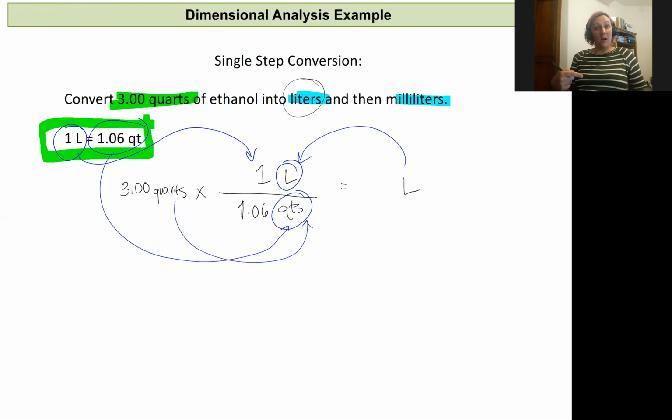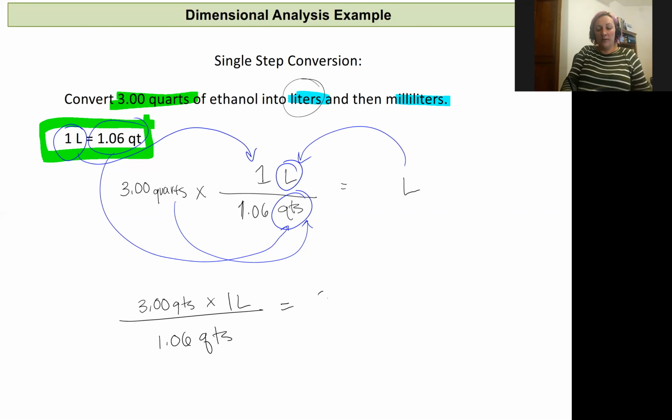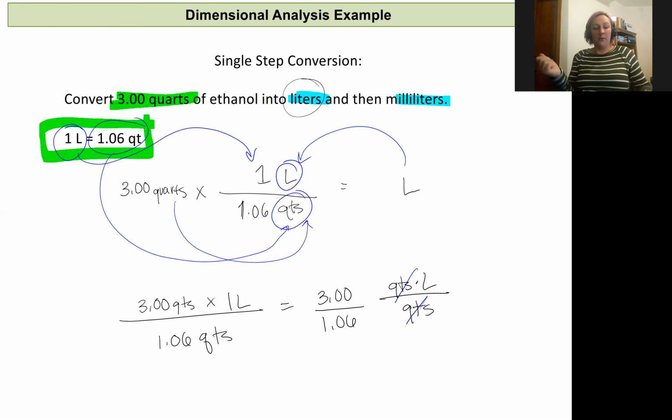So if I multiply this all out in my calculator, what I'm really doing if I include my variables is multiplying 3.00 quarts times 1 liter and dividing that by 1.06 quarts. So this equals 3.00 divided by 1.06. That's what I'm plugging into my calculator. And the units for that value are going to be quarts times liters divided by quarts. And those quarts are the same on the top and the bottom if they're like variables, so they cancel. And that gives me a value that's just liters. So plugging this into the calculator, I end up with